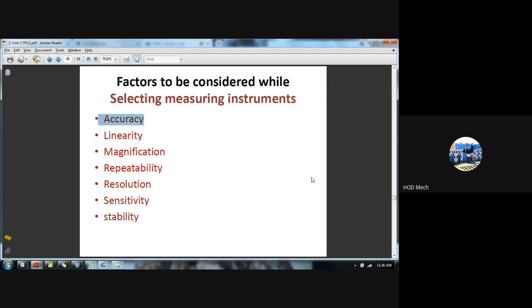என்ன நோக்கத்துக்காக நீங்க measurement check பண்றீங்க? What will be its impact on next process? இதை பேஸ் பண்ணி தான் நம்ம measuring instrument select பண்ணுவோம். Second one is linearity. Linearity is the